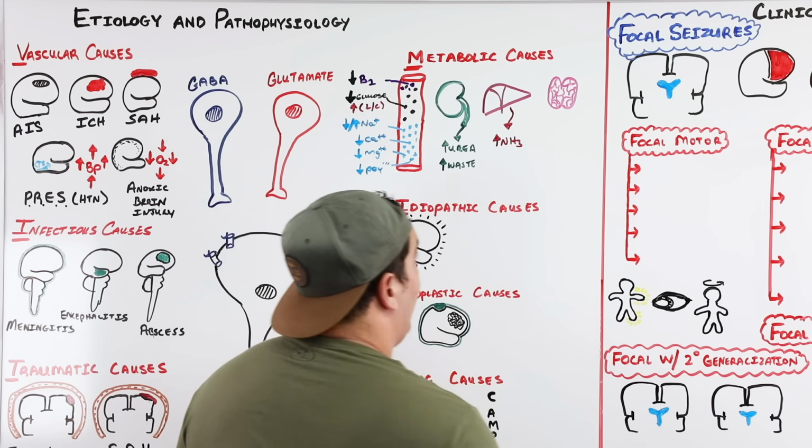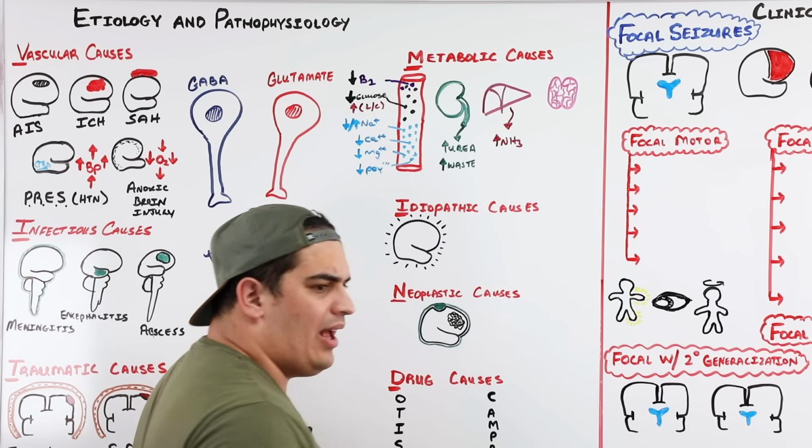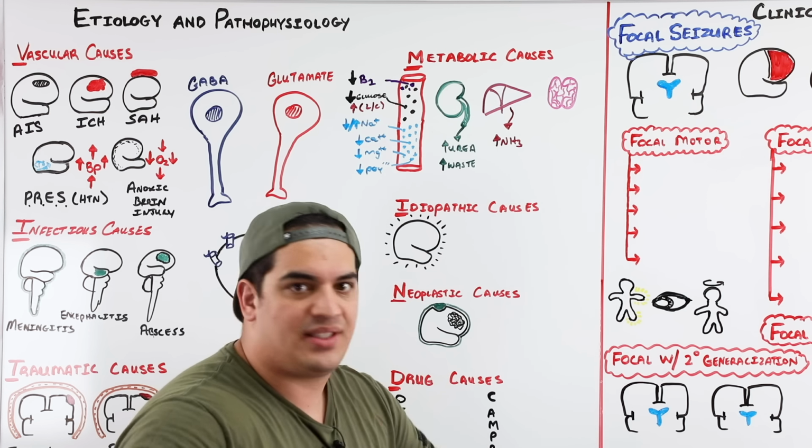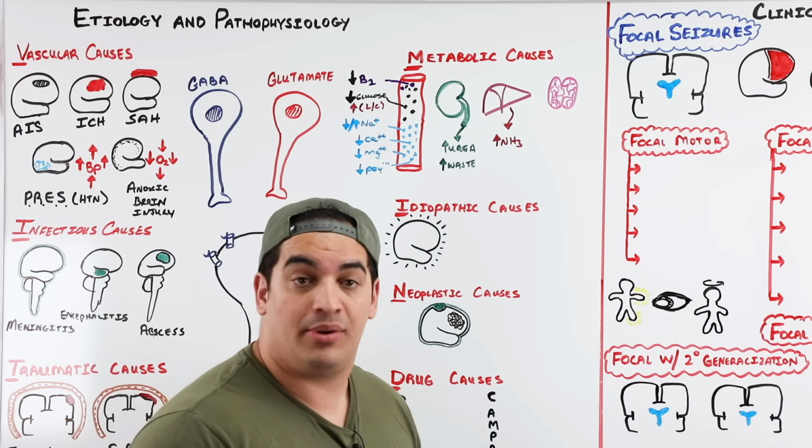Next one is the thyroid gland. Someone who has, think about it, hyperthyroidism, everything's sped up, that could be causing seizures as well. So when someone has an elevation in their T3, T4 levels, that can also trigger seizures. So to quickly recap metabolic causes: thiamine deficiency, hypoglycemia, less common hyperglycemia, hyponatremia, hypernatremia, hypocalcemia, hypomagnesemia, hypophosphatemia, uremia, liver failure, and hyperthyroidism. Let's move on to the next one.